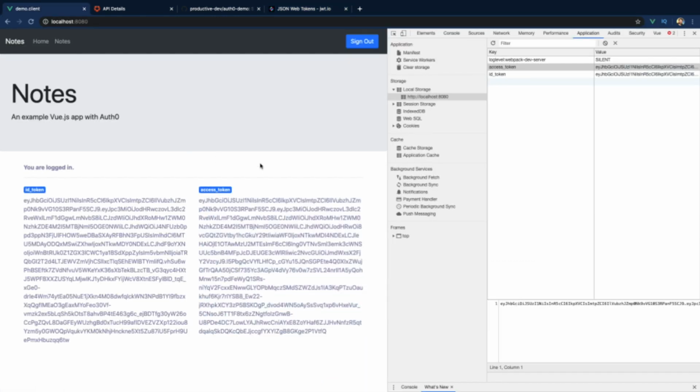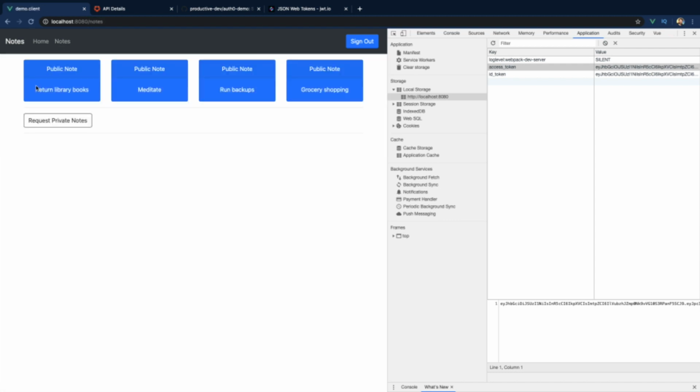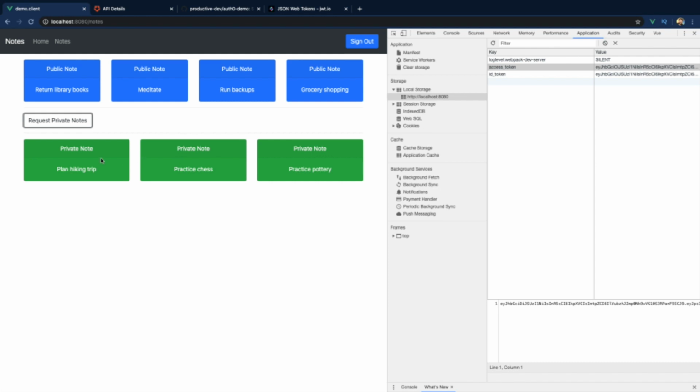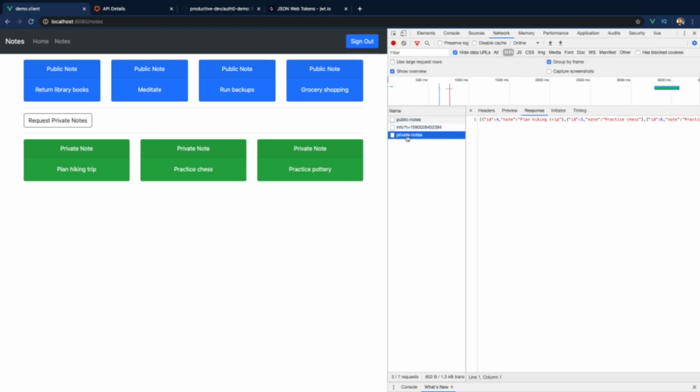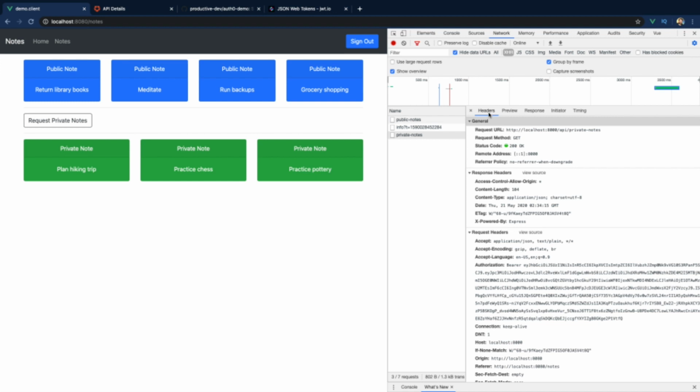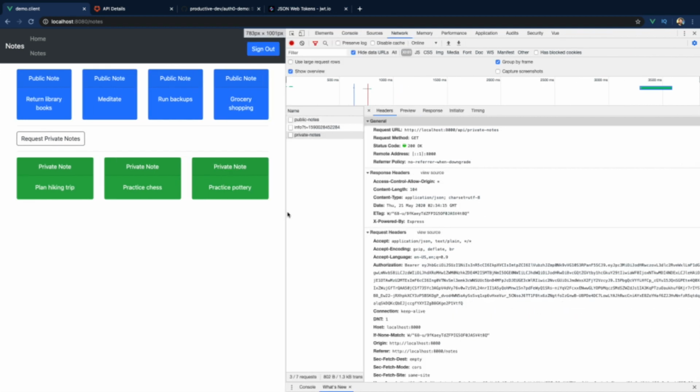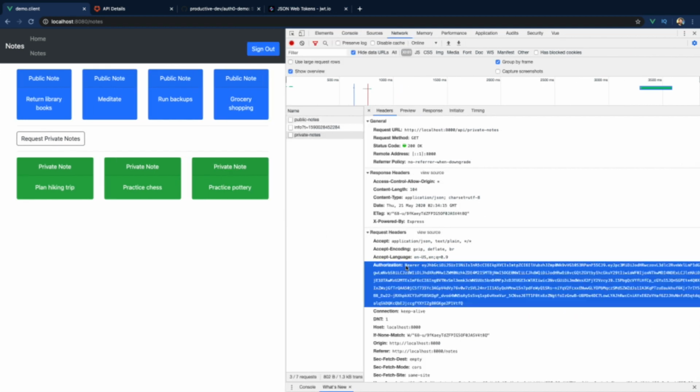But we're actually using this now in Express when we make this particular request to that private notes route or endpoint. And in fact, if we want to inspect it even further, if we head over to the network tab and look at this request that we just made to private notes and take a look at those headers, note that we have that authorization header on the request now, prefixed with bearer,